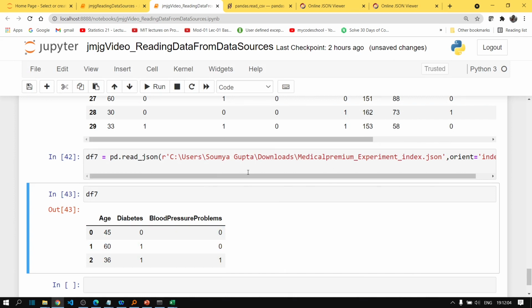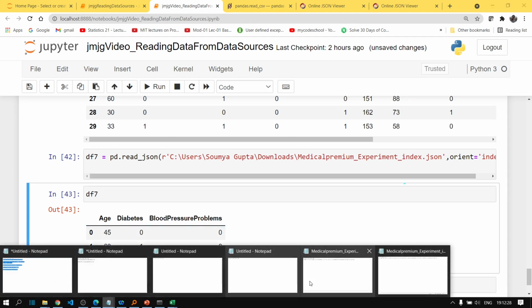So what does this orient parameter actually do? It determines whether the keys of the JSON from which we are importing data should be treated as columns or the keys should be treated as rows.